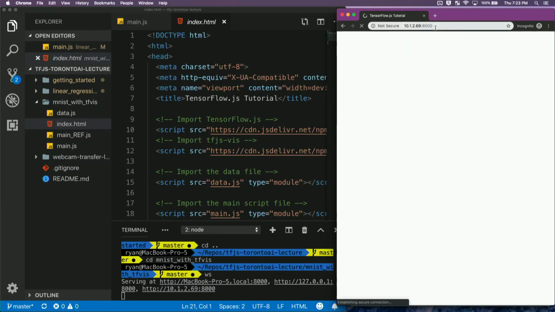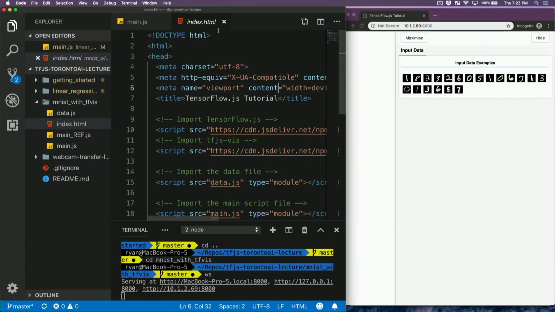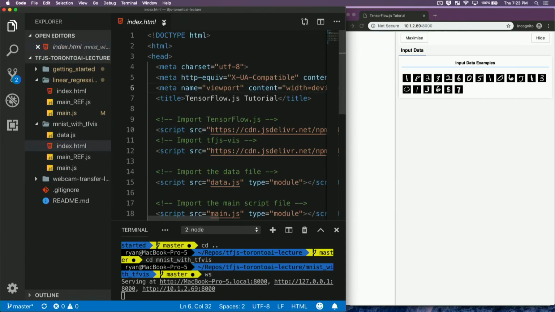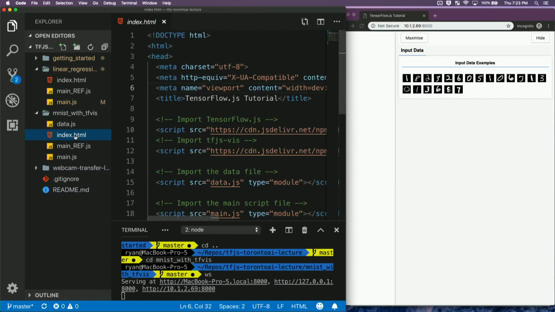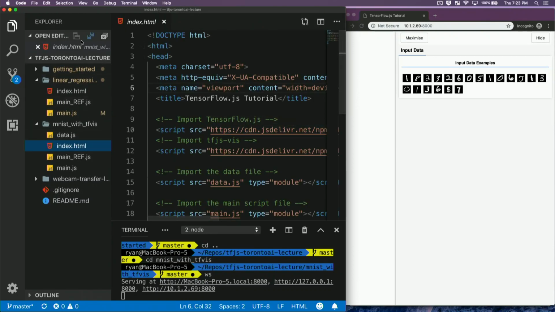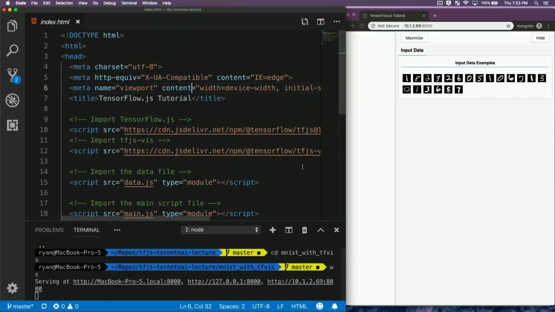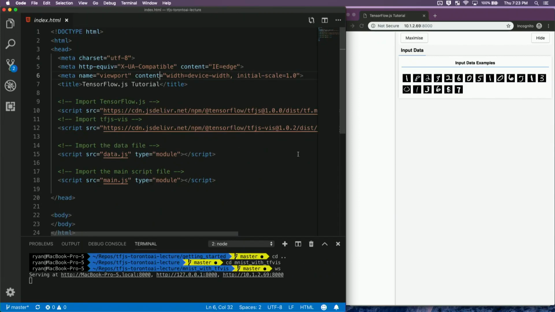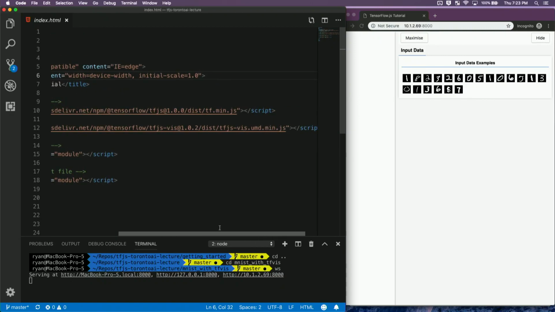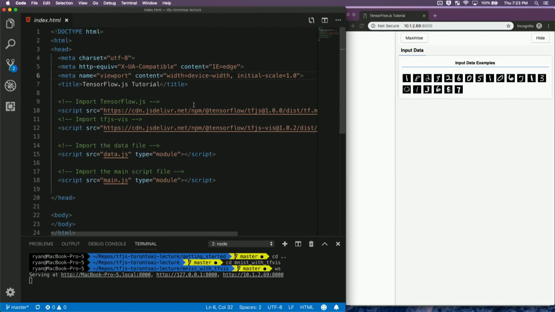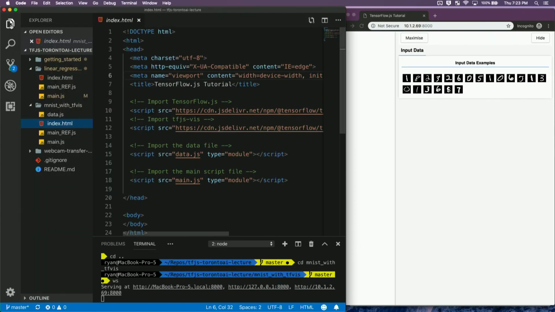All right. So right now, if we go into the code, first of all, to load this TF Visor tool, you just add an additional script tag. So we've got the script tag that imports TensorFlow, and then there's another one for the Visor tool, and that's it. Right now this is available to you.